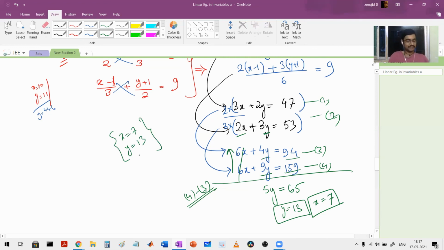Everybody, is this clear? Just by solving, 6 9s are 54, and you have minus 2 plus 3. So minus 2 plus 3 is plus 1. So 54 minus 1 is 53. That's all. You solve it, it will take 2 to 3 steps. I just did it in one step. That's all. Nothing else. Okay. Is that clear, Ray?